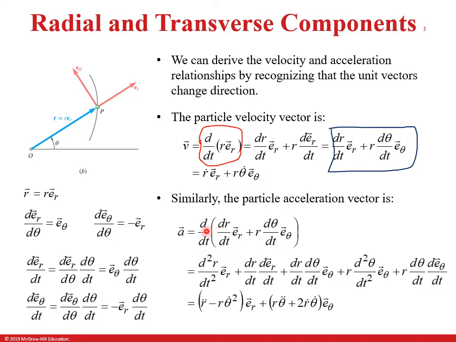So d squared r over dt squared, basically the double derivative of r times this. So that's going to give us r double dot, right? And then dr dt multiplied, now we're doing the second part of the product rule. And then this term is just going to be a triple product rule. So let's stick with this one first. The r double dot's pretty simple. And then we get dr dt